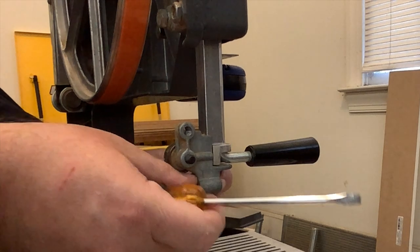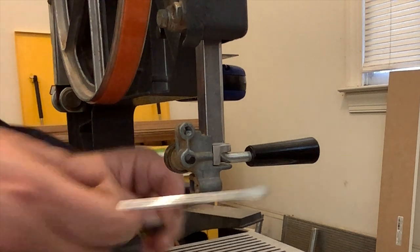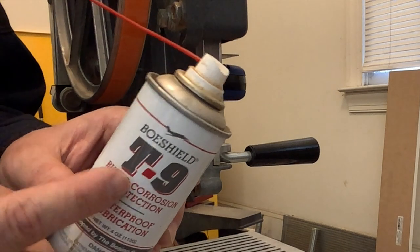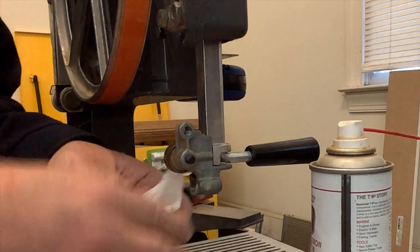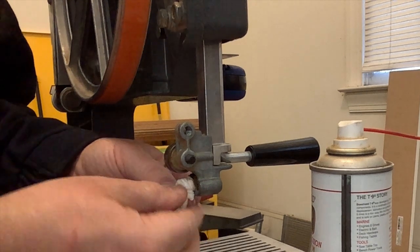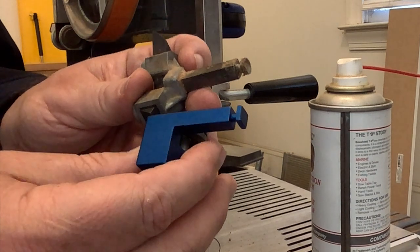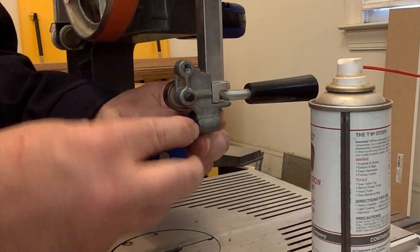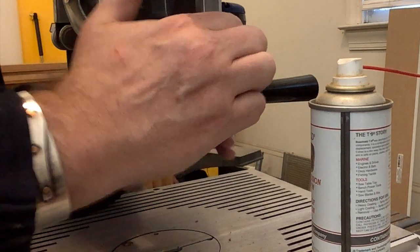Now there is a spring in here. We don't want to lose this spring. The little leaf spring puts tension against this. But let's clean this out. I'm just going to spray this with some T9. The solvents in the T9 will be enough to loosen up the gunk, and then what will be left behind is a wax. So it'll actually do both jobs for me here. You can see the stabilizer has the same basic profile as the original part, and it's going to slide right in its place. And then we will reassemble this